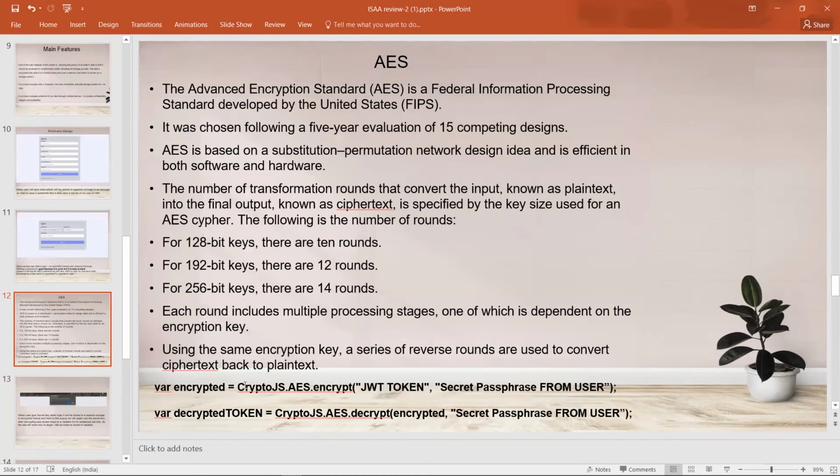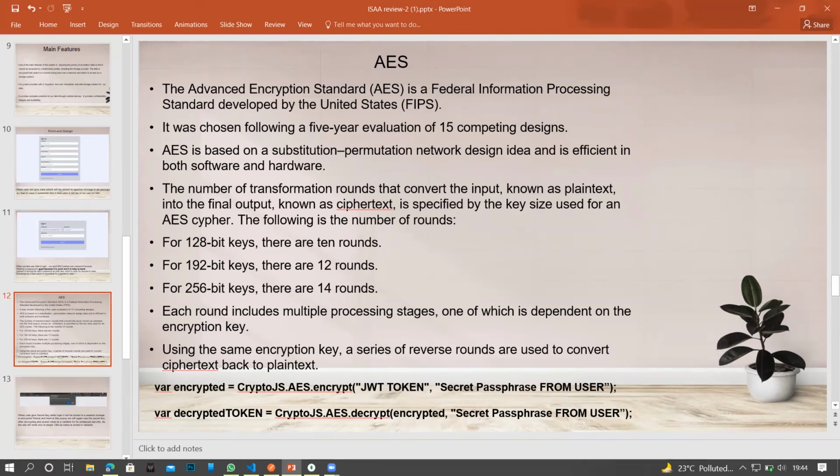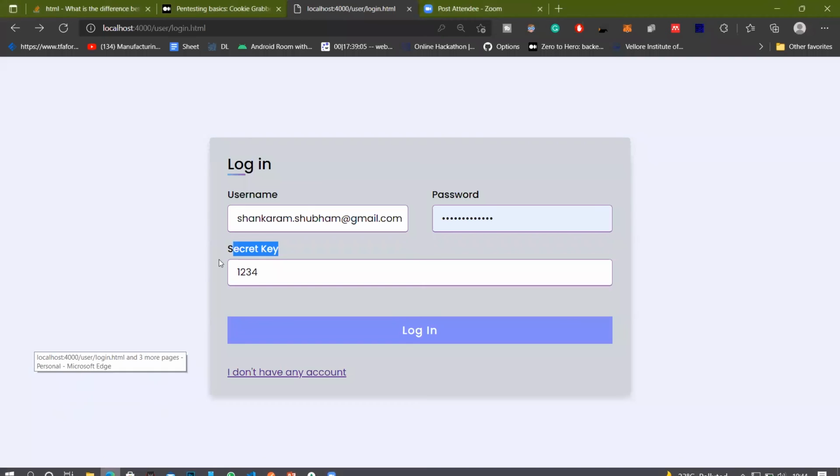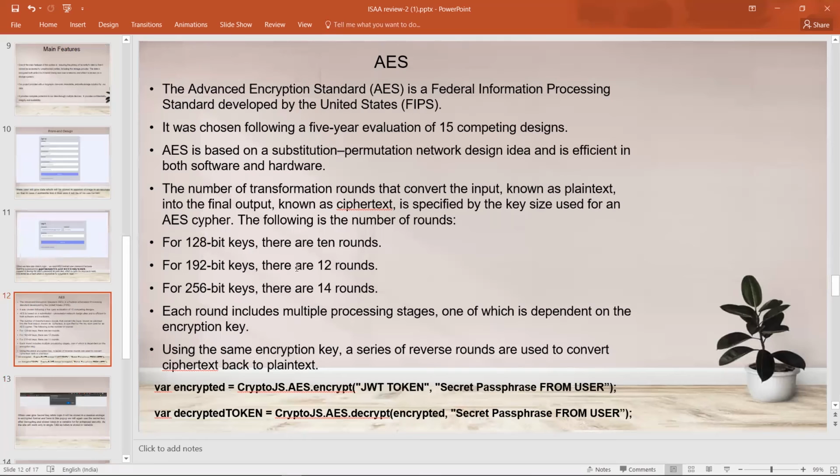In this we have used the AES standard, Advanced Encryption Standard, for encryption, and for the secret key.